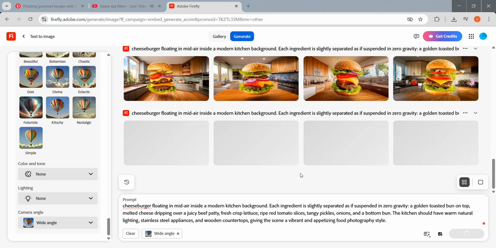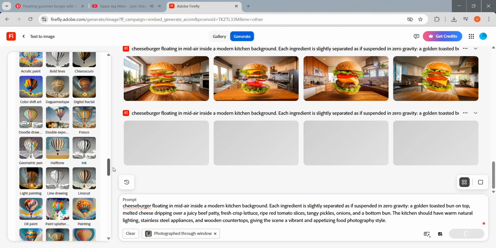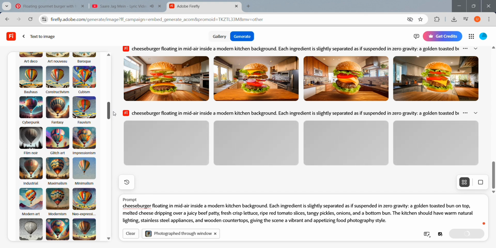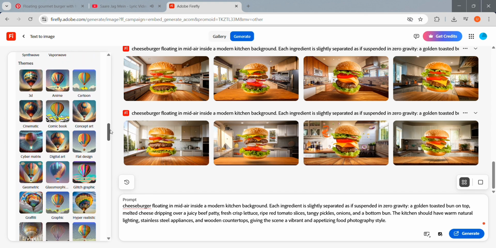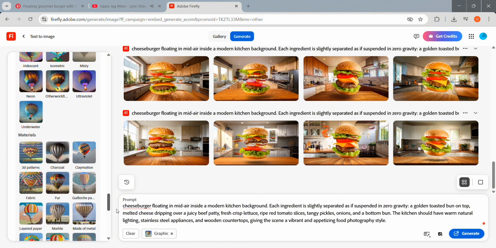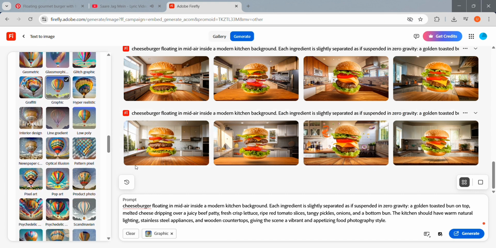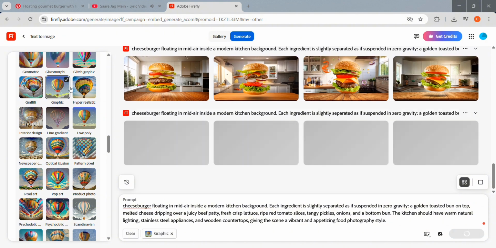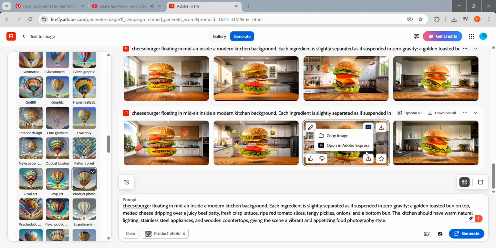Okay, let's go with wide angle. I know, graphic looks more like some things are just set up together as we make it in Photoshop. It is looking like that. It's not looking real.